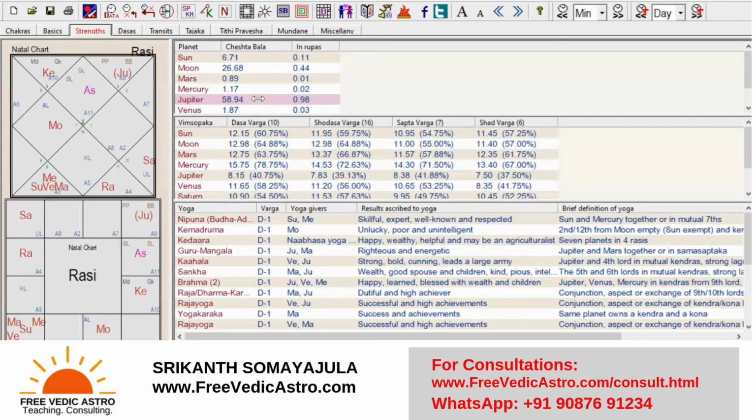In case of inner planets like Mercury and Venus, they cannot go so far from the Sun. Mars, Jupiter, Saturn will go all through the 12 houses. Wherever the Sun is, doesn't matter. They can travel into any house. But Mercury and Venus are tied to the Sun. They can only go 2 houses ahead or 2 houses behind.